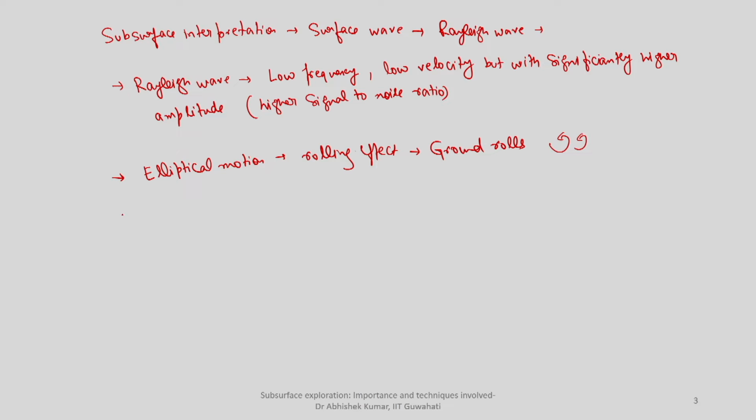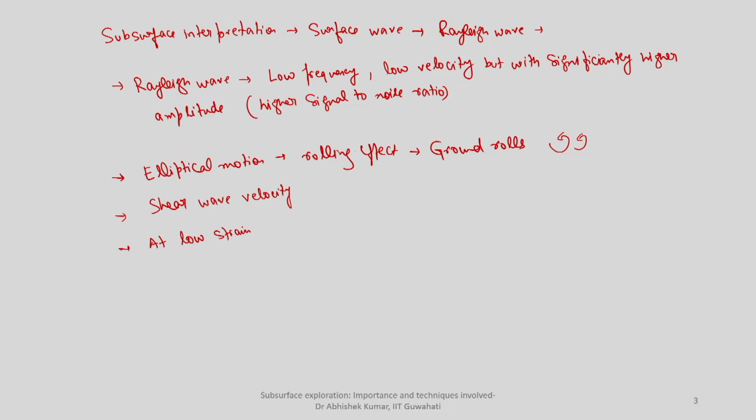Now, another thing I would like to highlight: we are interested in finding out the subsurface material characteristics. Particularly in seismic scenarios, we are more interested in finding out the in situ shear strength of the material, or classification of the material by some parameter which is an indication of shear strength. So, we precisely go for shear wave velocity. But in surface wave analysis, we do not measure shear wave velocity directly; we can actually estimate it considering low strain,